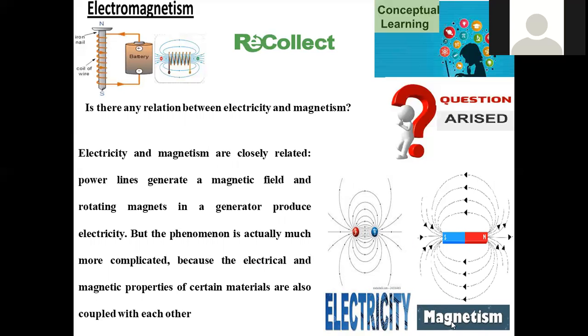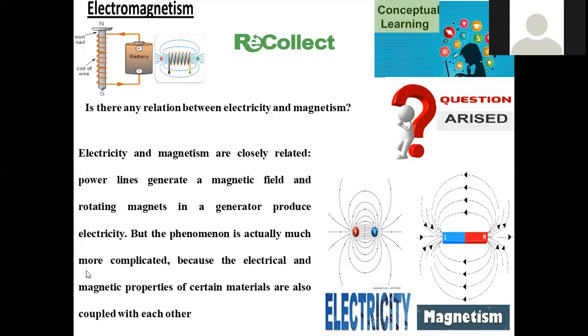Then what is meant by magnetism? There is a system with the north and the south pole which originates the field around it because of the hypothetical lines generated, a hypothetical field originated around this magnet. Electricity and magnetism are closely interrelated. Power lines generated in the magnetic field and the rotating magnet in a generator produce electricity. Vice versa is possible. Electricity is used to induce the magnetic field, and the magnetic field in turn generates electricity. One can originate either one as well.